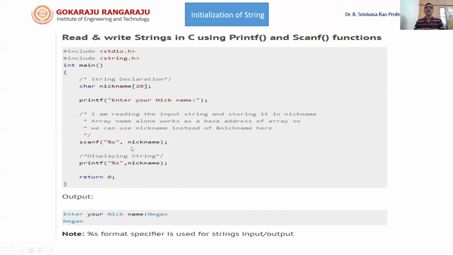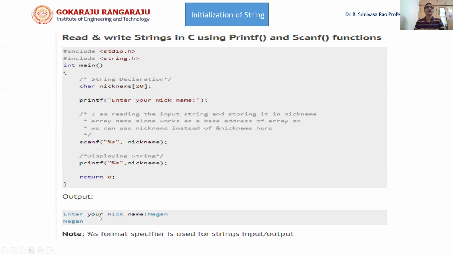Now, after reading it, if we want to output it, then we can use a printf statement with %s nickname, and when the statement is executed, whatever string we have given as input will be printed on the screen. Now let us see the output. First we have given a statement printf enter your nickname.